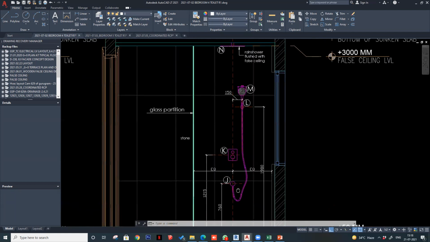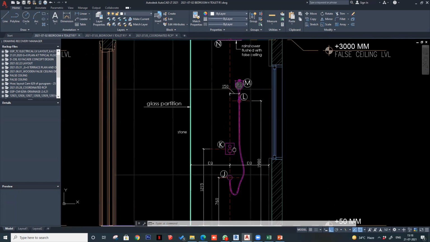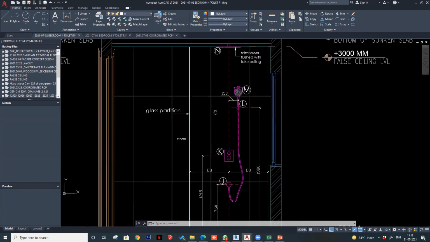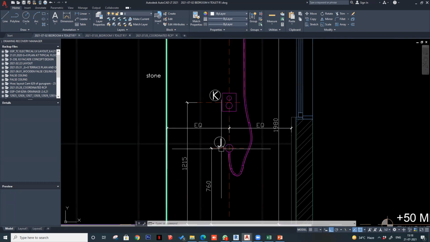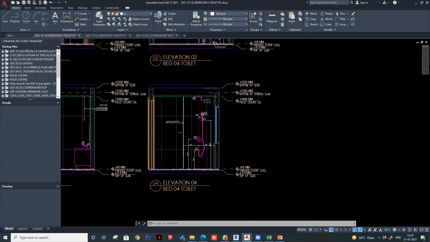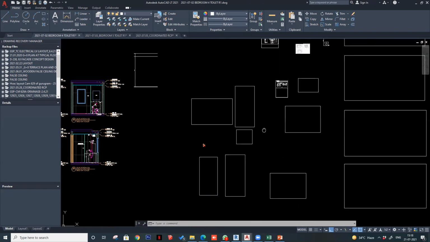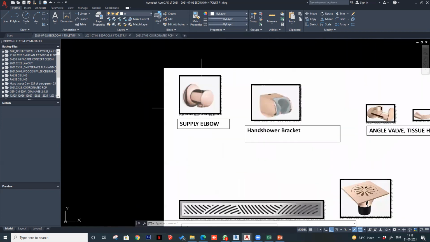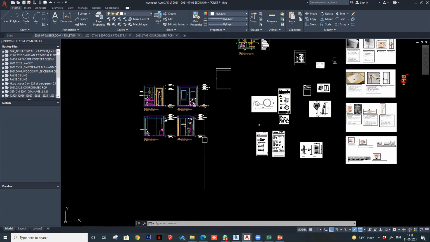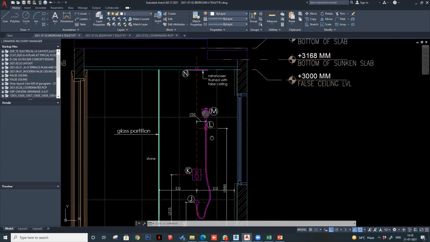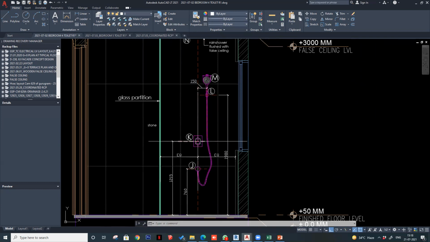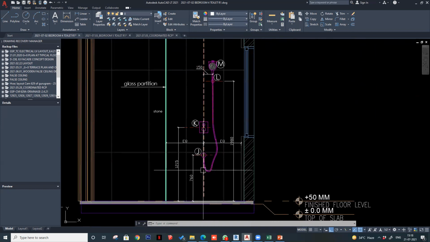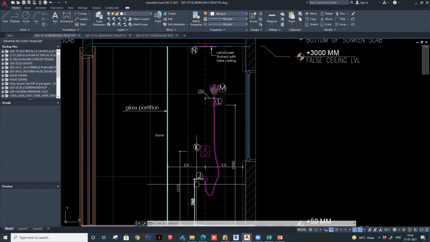Okay, then in this shower panel, there are these 4-5 things. One is the rain shower, which I told you about. Next is the hand shower. This is the... what is it called? A faucet? No. Supply elbow. This is the supply elbow for your hand shower. And this is the panel from which you operate the rain shower and hand shower and everything. So these 4-5 things you need to place, and you need to give the heights and the dimension.